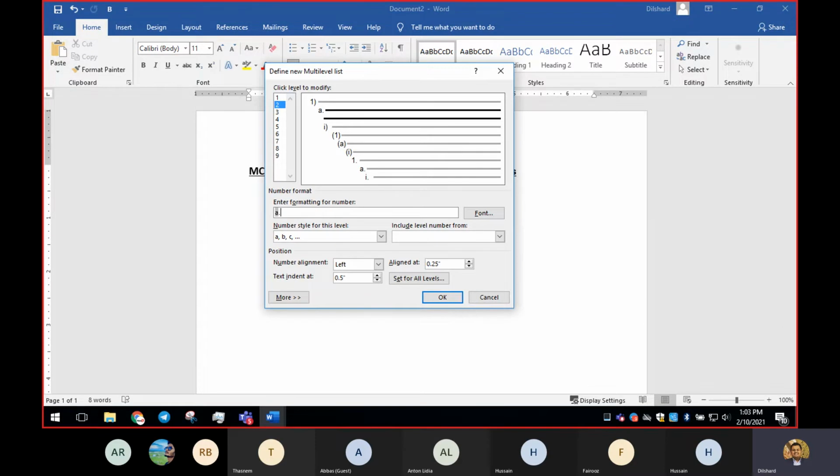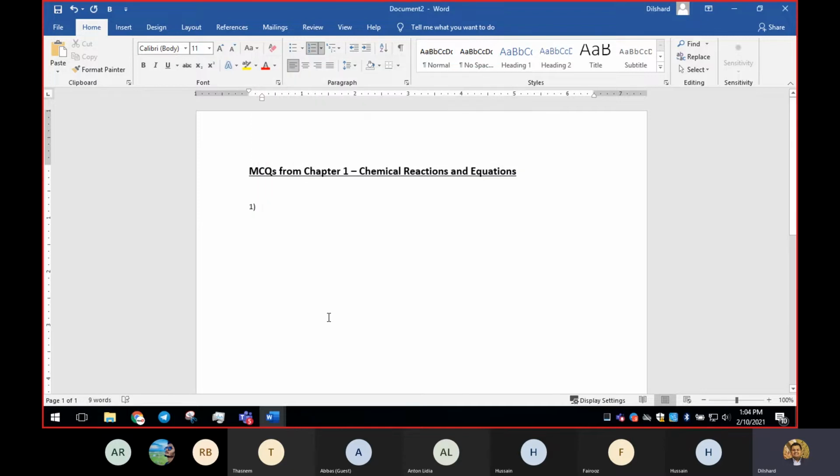You can apply any formatting that you like, but you have to make sure you're not removing this A. If you removed it, we can get back to the same feature by typing A back. Otherwise all you're going to get as level 2 will repeat A again and again. It will not be updated to BC. So we have to make sure to keep that same list, and with that list you can have whatever formatting you like. I'm going to have level 1, level 2, that's all we need. I'll click OK.